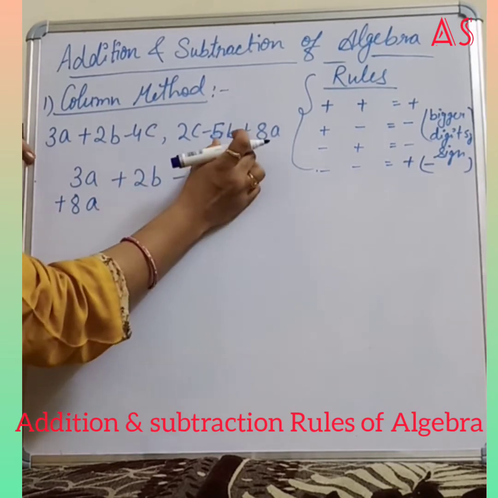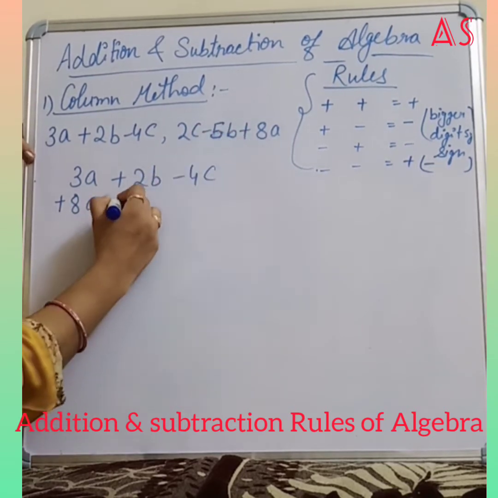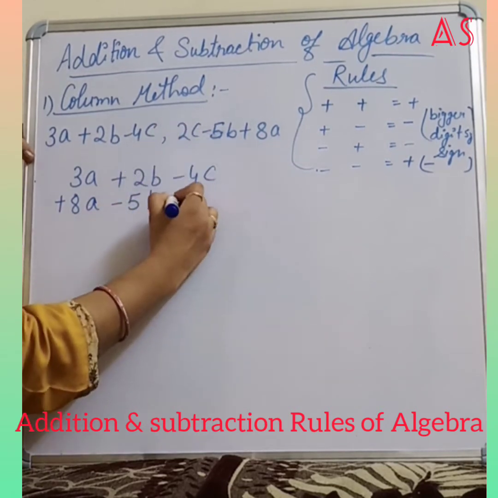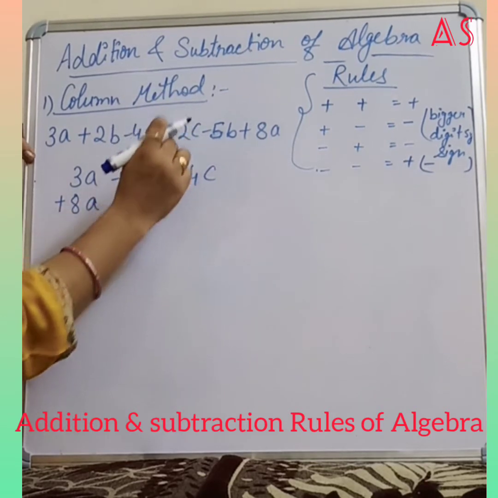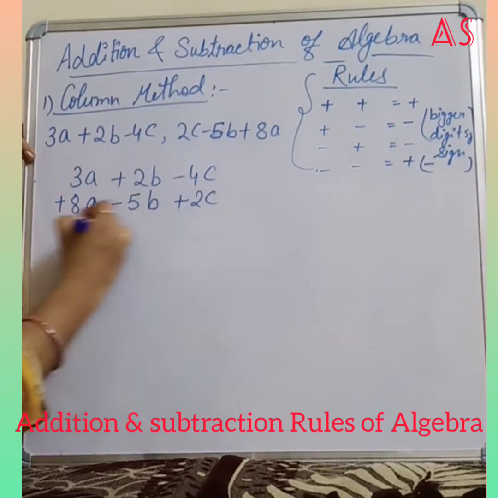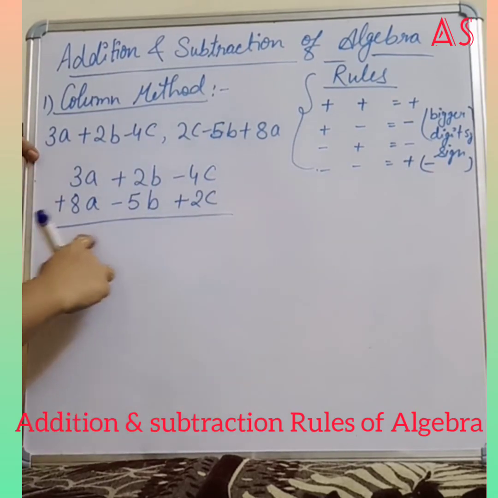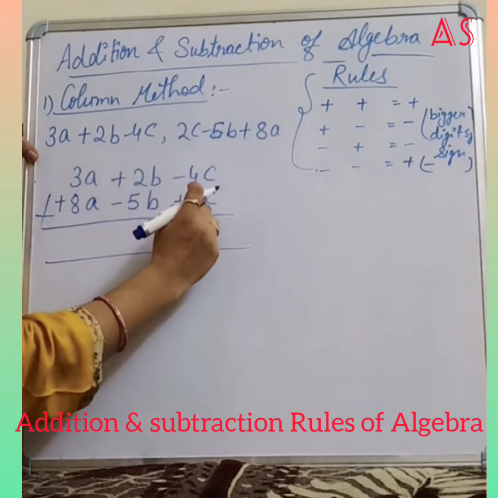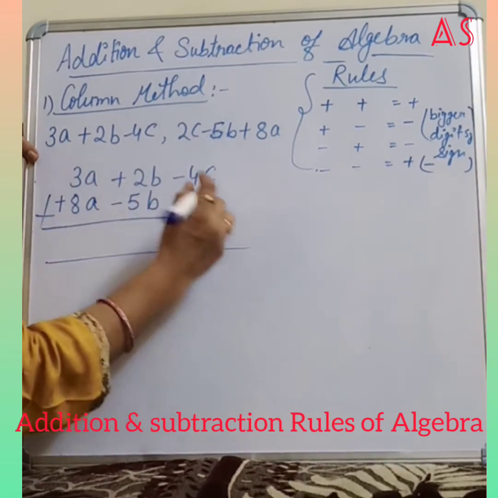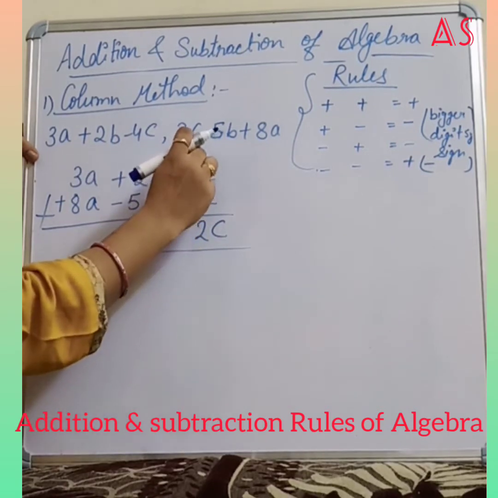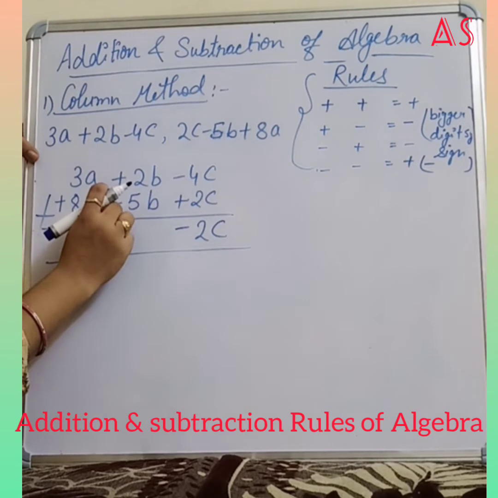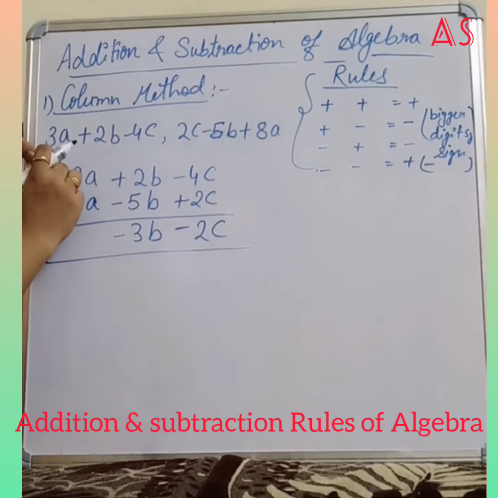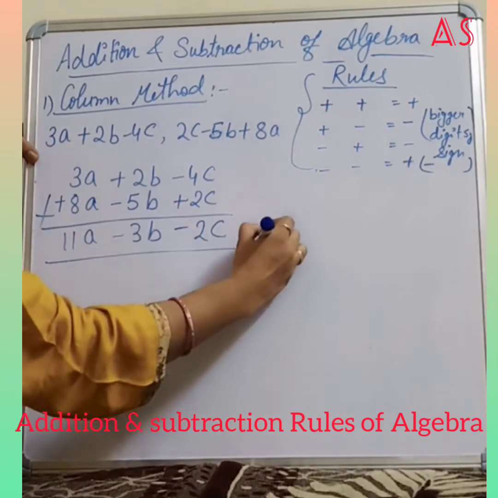Now the b part says 5b, but not 5b, minus 5b. So with sign you will write minus 5b. So minus 4c, c is here 2c. So if there is no sign in algebra, it is always plus sign. So plus 2c. Now we will add according to integers. Okay, and we are adding this. So minus 4 plus 2, minus 2c. Minus plus is minus, bigger digit sign 4, then minus 2c. Again plus minus is minus, bigger digit sign is minus, then minus 3b. And 8 plus nothing, directly 8. So this way we will solve.